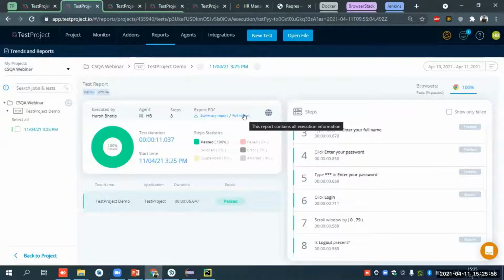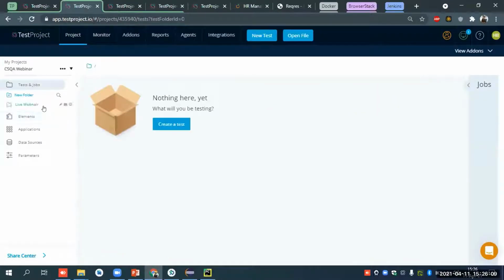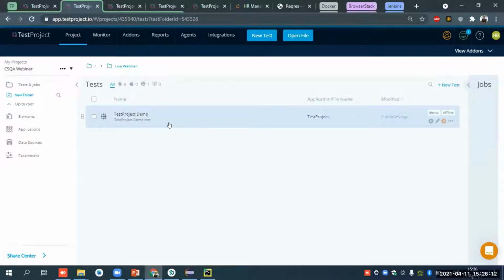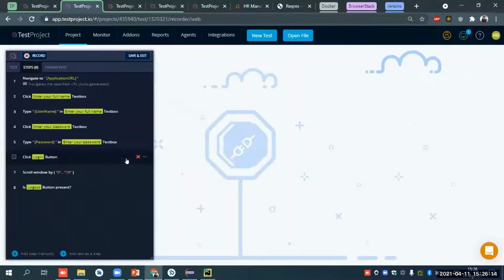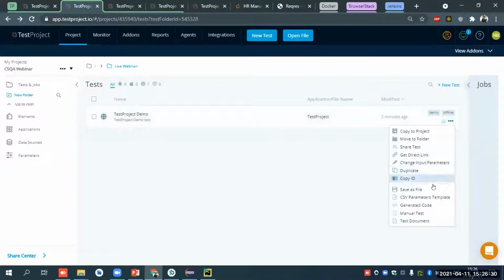So you don't have to import anything or create anything. It has a built-in report functionality. You can just use it. So what we have done here is parameterization of our project. There are many occurrences where there will be 5 usernames or 5 passwords. So what will I do? I will do a data-driven test. In that case, the test project itself provides it. So I will click here and go through the CSV parameter templates.